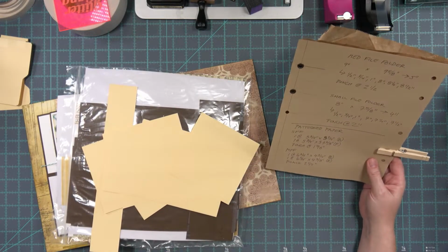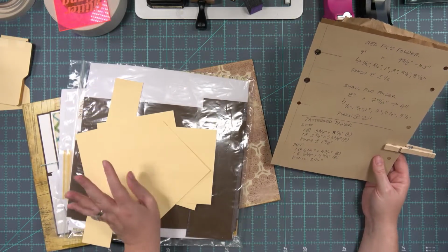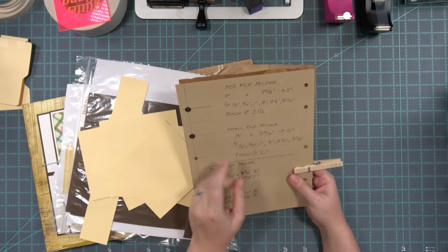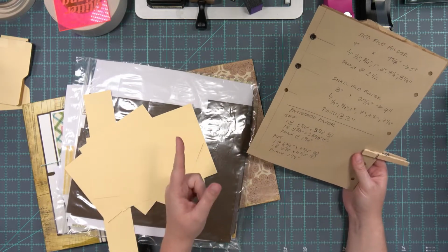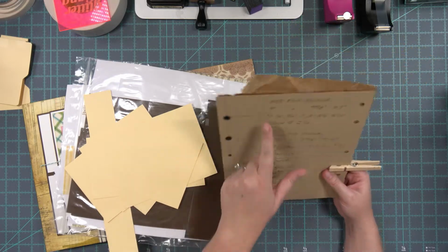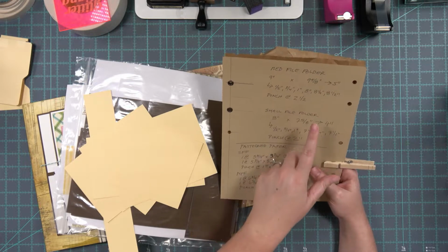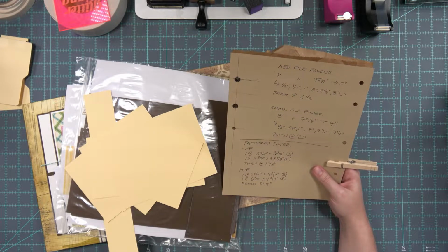So the medium file folder, we need a piece that's 9 by 9 5/8. And the way I told you to figure out how to deconstruct them, to take it from one piece to two pieces, is 9 is the width, okay? So you keep 9 the same. So it's 9, it's still 9 across, and it's still these score lines. All right, that doesn't change. But instead of being 9 5/8, it's a piece that is 9 and